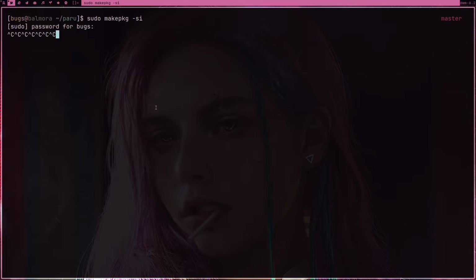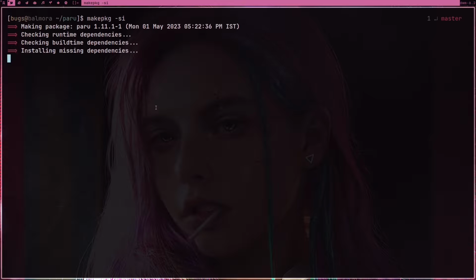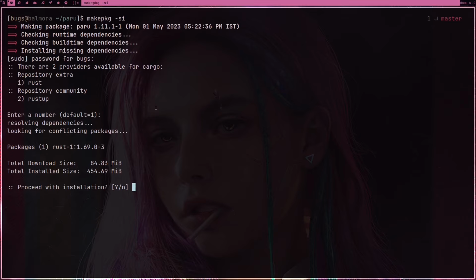No, not really. Let me Control C, remove sudo. Don't install AUR packages with sudo. Okay, so just press enter. And this will install our package manager Paru, which we can use to install some programs which are dependent on